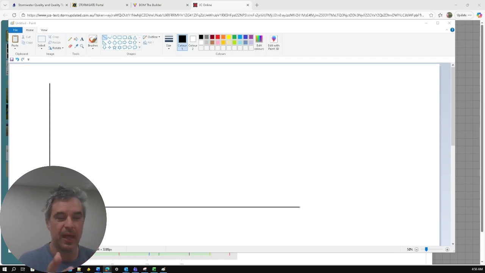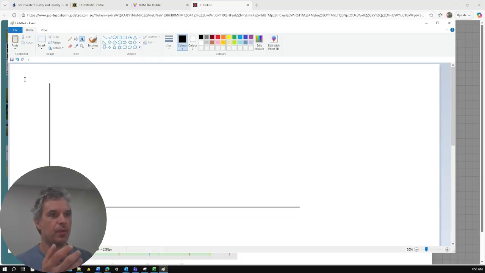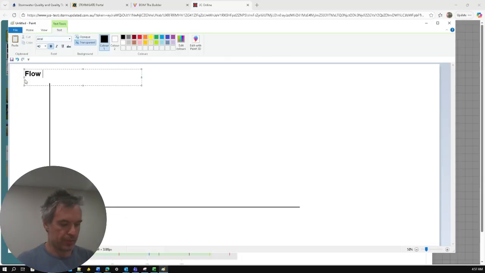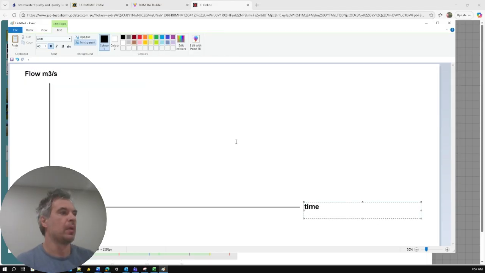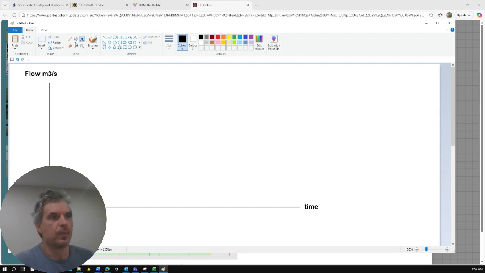All right. So now, since we have talked about stormwater quantity and quality, let's look a little bit at how stormwater quantity and quality looks. Now we have this graph here, and if I were to say this is flow, which is in, let's say, meters cubed per second or liters a second, over time, if we look at the flow discharge from a grassed area,